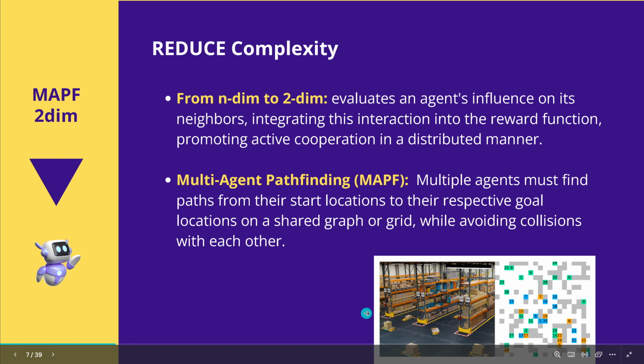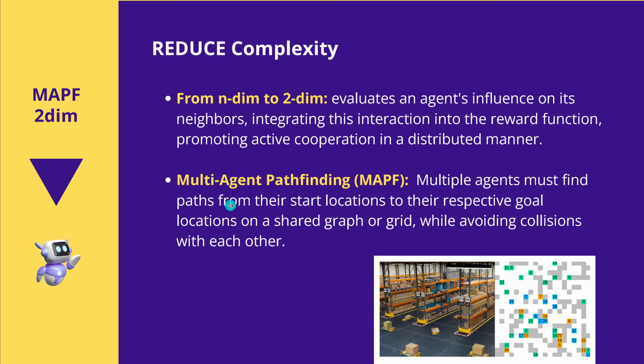Let's say we're in a warehouse and we have robots. Let's say this is an Amazon warehouse and the robots just pick up the different goods from the different aisles. Therefore, we have multiple agents. They must find their path in a 2-dimensional manifold from their start location to their respective multiple destination locations on a shared graph, or on a grid structure if they are allowed just to move on a particular grid, while avoiding at least collision and maybe supporting each other.